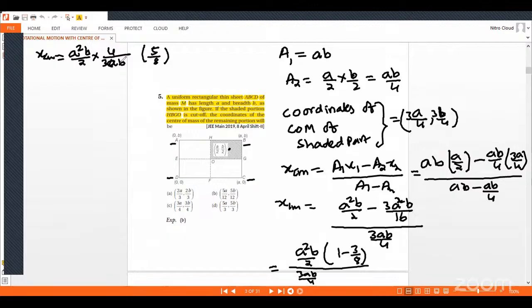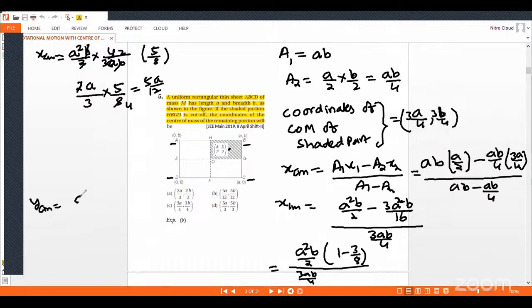So upon calculation, we'll get as 2A by 3 times 5 by 8. That is 5A by 12. 5A by 12. Similarly, YCM,